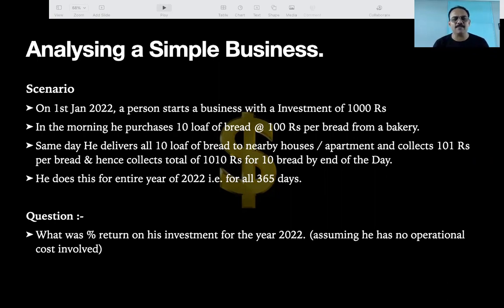It is a simple mathematical question, an 8th standard question, so don't worry. Just tell me how much percentage return on his investment. They will not know about the OPEX and all. So it is simple, an 8th class question. Please type your answers. What is the percentage return on his investment for the year 2022?